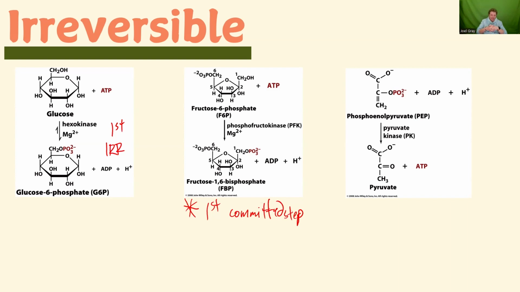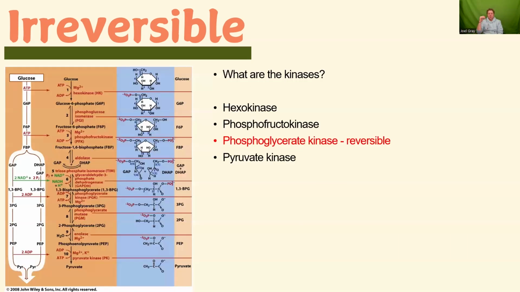Now, our last overall step is our last irreversible step, and that is pyruvate kinase. So I want to highlight this, that we have a total of 4 kinases. 3 of them are completely irreversible. The last of them, phosphoglycerate kinase, which I draw your attention to right here, well, that is a reversible